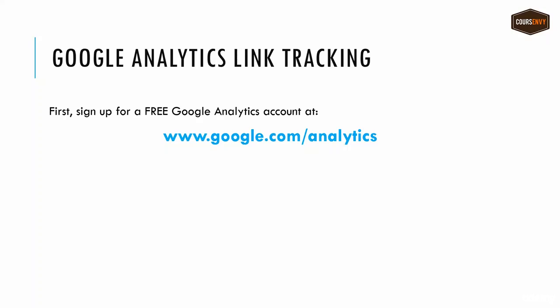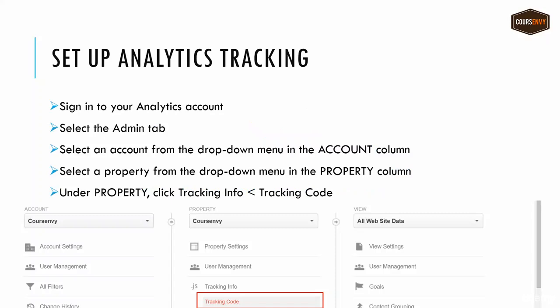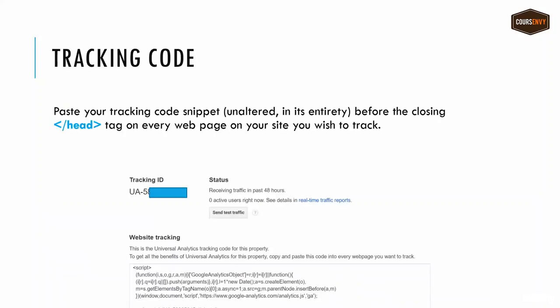google.com/analytics. While you're signed into your Analytics account, click that Admin tab at the top, select an account from the drop-down menu, then select a property from the drop-down menu in the Property column. Then under Property, you'll see Tracking Info. Click that, then click Tracking Code. This is that Universal Analytics tracking code that's provided by Google Analytics. You'll want to copy this script and paste it in before the closing head tag on every website page that